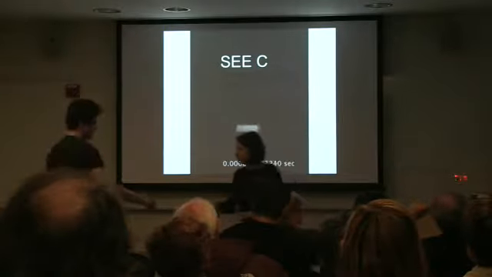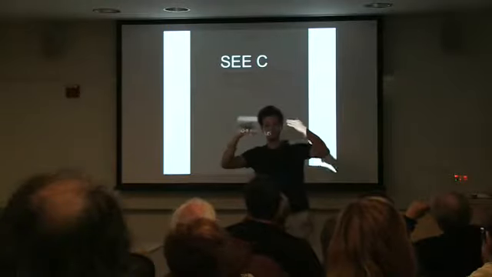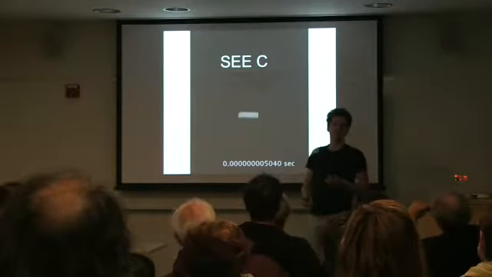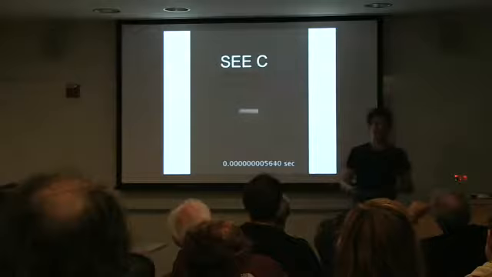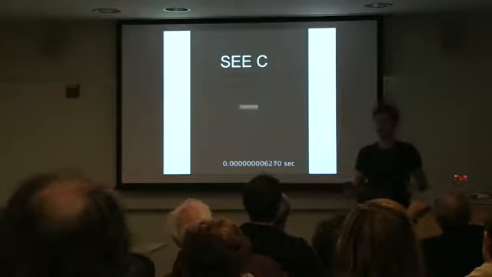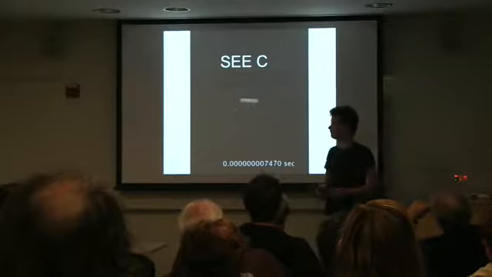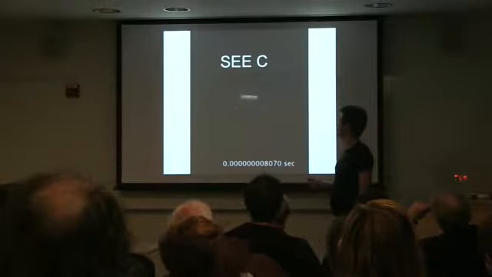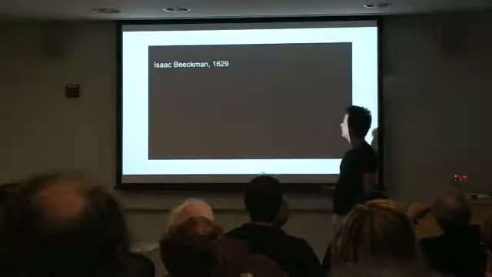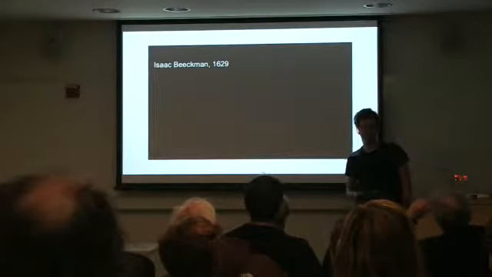But of course, when we say that light comes from this bulb up there and it reaches my face and then it reaches your eye, then we kind of imply that light is moving. And you could ask whether that is true, and if it is true, you could ask how fast is it actually moving. And one of the first ones who actually tried to test this was Isaac Beeckman in